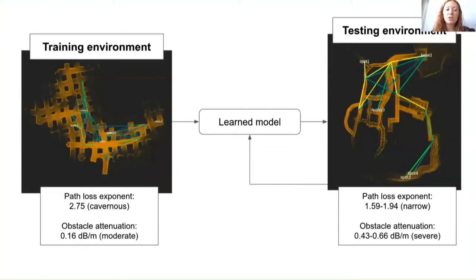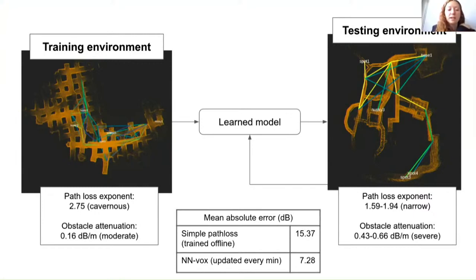Given our interest in exploration, we then test these learned models in a new environment. Note that fitting the simpler models results in interpretable parameters. So we can immediately observe that the test environment is very different, with narrower corridors and more severe attenuation from obstacles. This demonstrates the need to update our learned models online by retraining periodically, while starting with the model trained offline prevents overfitting to the first few minutes of data.